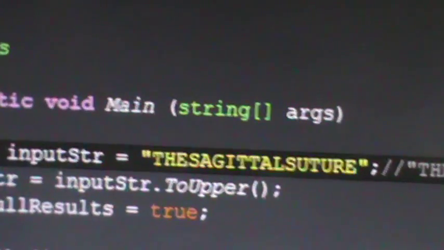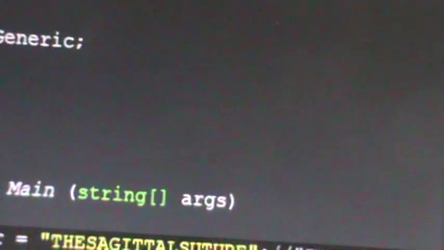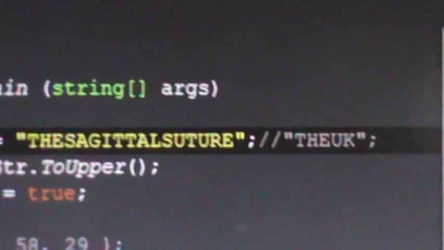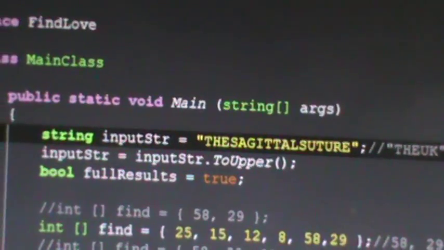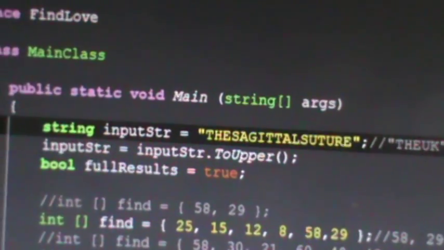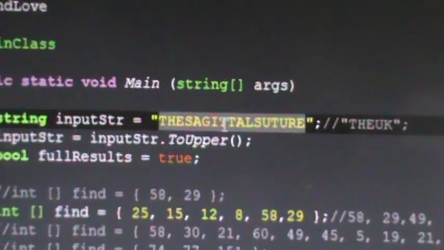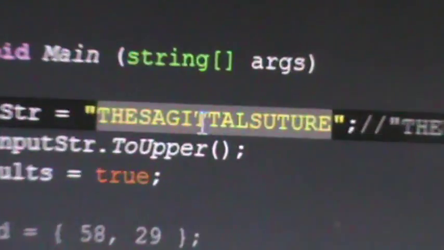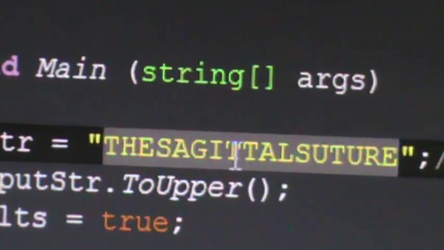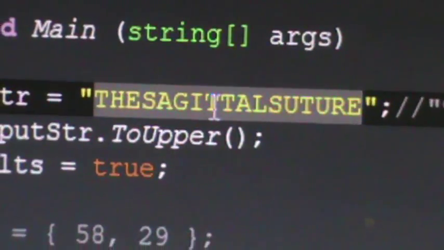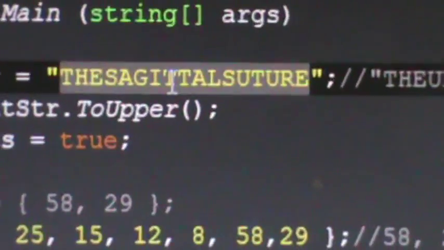Excuse me while I quickly add up 226 minus 58. It is Father plus 168, okay? Which is "God is sovereign," a multiple of 3, of course. So the sagittal suture equals Father, God is sovereign. One of my favorite truths of all time: God is sovereign equals 168. This is Father on top of that. Okay, so the sagittal suture equals Father, God is sovereign.